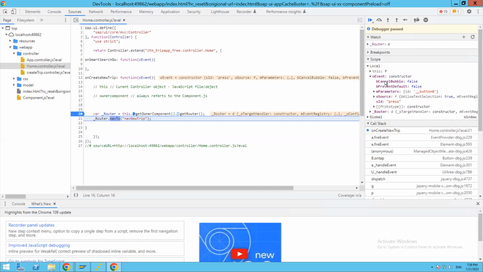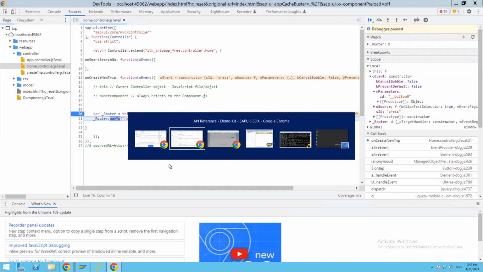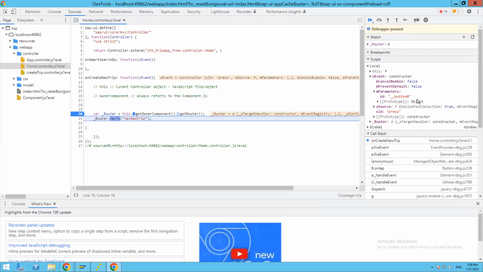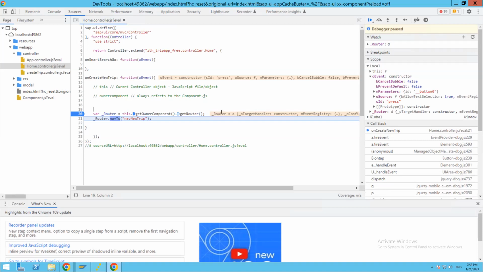So if you look at this one, mParameters. If you want to get the ID of that one, you will be using the getParameter method, and you will be giving this ID. Then it will give you the button 0 back. We will see that one. That's fine. You don't need to